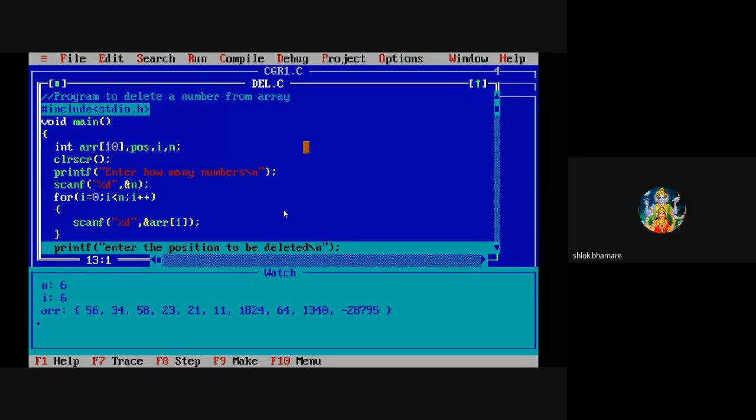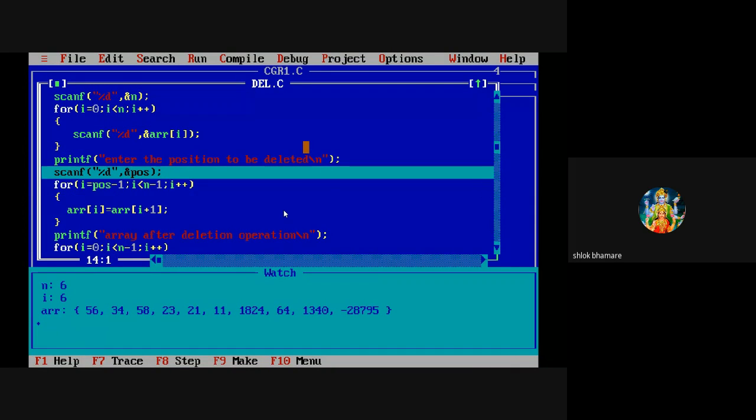The number at second position is 34. Then 58 is there. Then 23 is there. Then 21 is there, and 11 is there. So in this way, we have entered 6 numbers in array, and at rest of the positions, we can see garbage value. Okay. As array size is 10, 6 numbers are entered, and the rest of 4 numbers, there is garbage value. Now enter the position to be deleted.